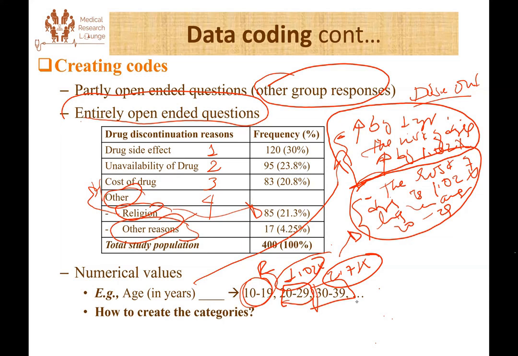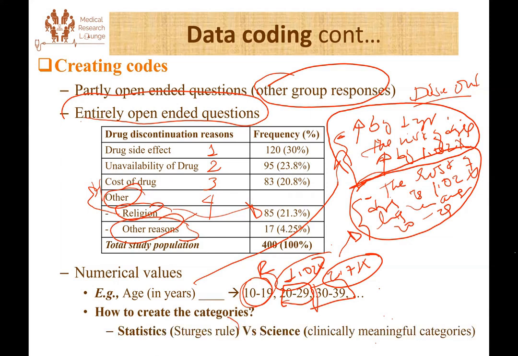There are two possible techniques. The first one is using statistical methods, what we call Sturges rule. And the other is using scientific background or logic, or in other words, creating clinically meaningful categories rather than relying on the statistics. I'm a fan of statistics. I rely on statistics for my research, but